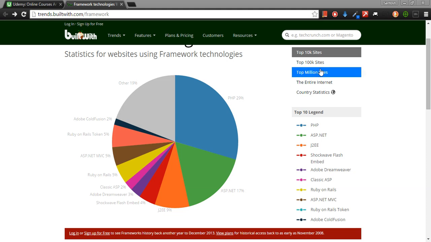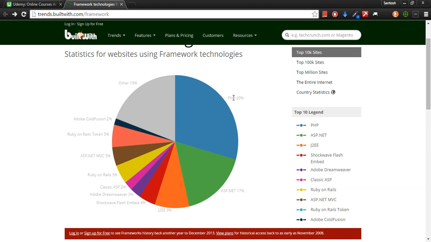At the moment we are just looking at the top 10k sites, and we are looking at a pie graph over here. As you can see, 29% of them use PHP, some sort of PHP involved there. About 17% go with ASP.NET. These are purely Microsoft customers. Right over here, the 17%, and over here, MVC, which is about 5%, purely Microsoft. Some sort of Java applications, about 9% over here.